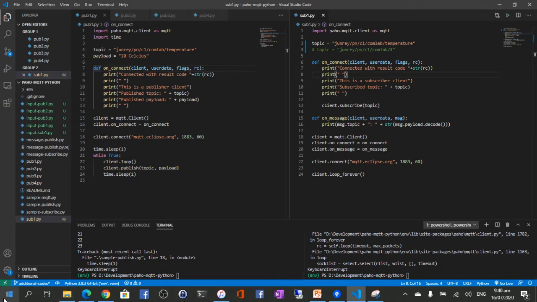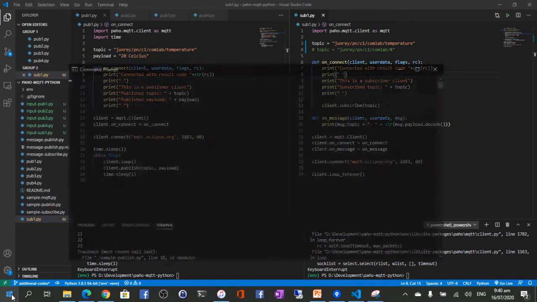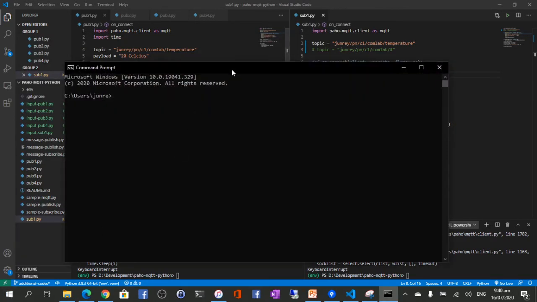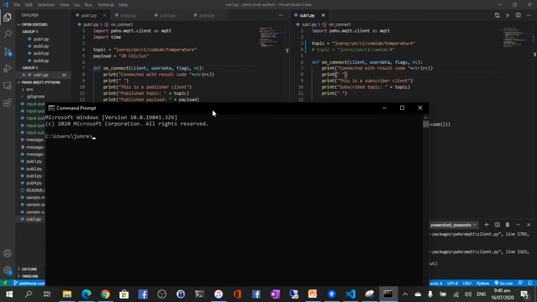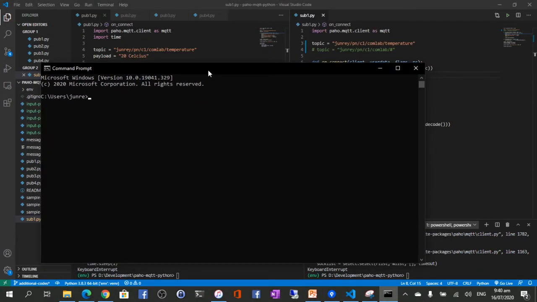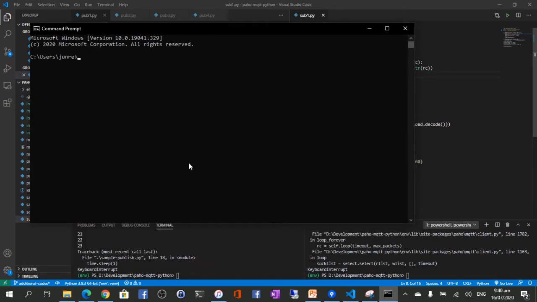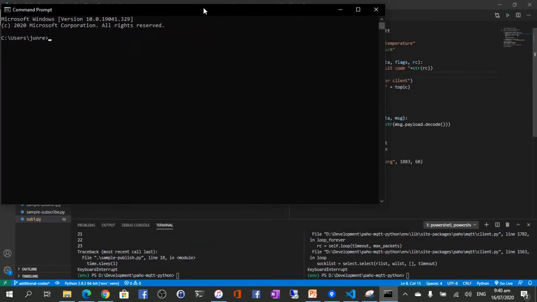For this, I would prefer that we implement it using the command prompt. Just open the command prompt, and you need to go to where the files were saved. For my project, it's currently in Drive D, but you should identify where you stored them so that it will be easier for you to trace.